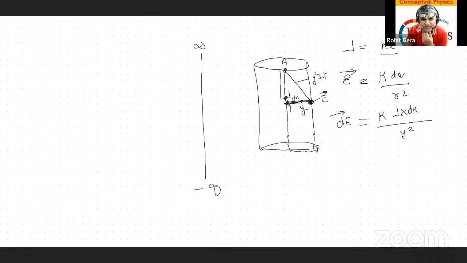due to this small charge, k dq बाई r स्क्वायर, और लैम्डा की क्या वैल्यू है अभी पता है हमें, अच्छा ये k एक और आ गया, तो k को हम थोड़ा सा अलग लिख देते हैं, इसको A लिख देते हैं, राइट, परमिटिविटी वाले को, नहीं तो कंफ्यूजन हो जाएगा उसके साथ, लैम्डा की जगह लिख देते हैं kx, और y कितना है हमारा, ये जो हमारा डिस्टेंस है, परपेंडिकुलर डिस्टेंस,